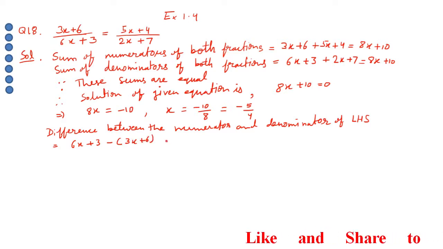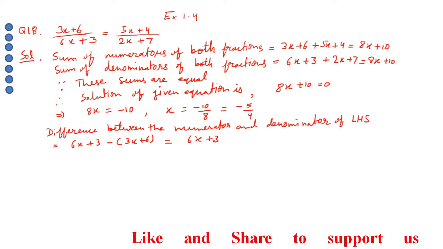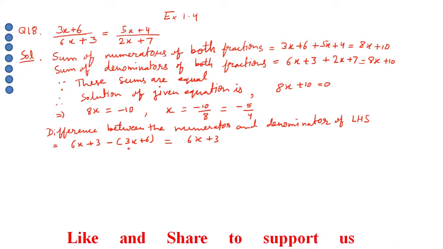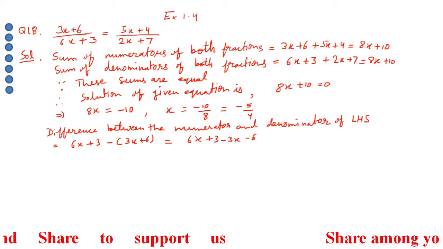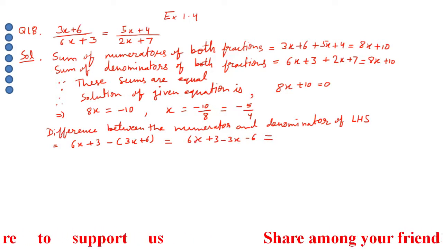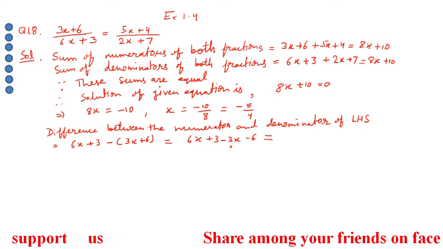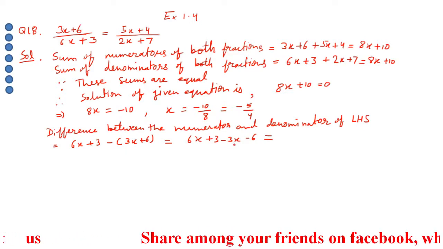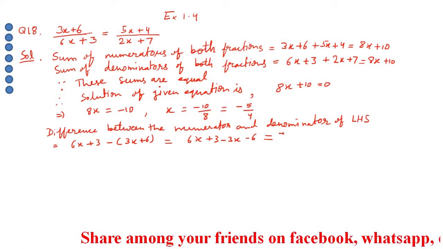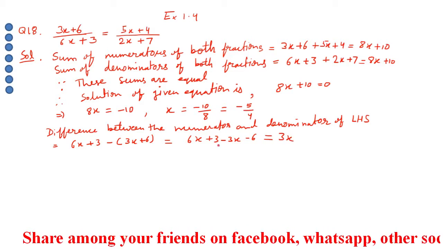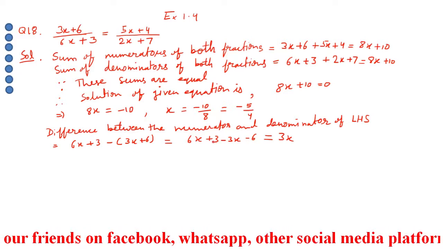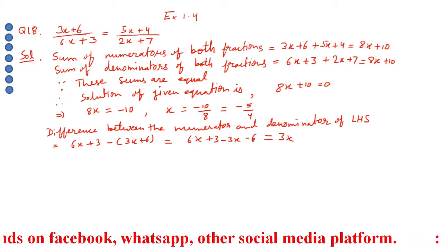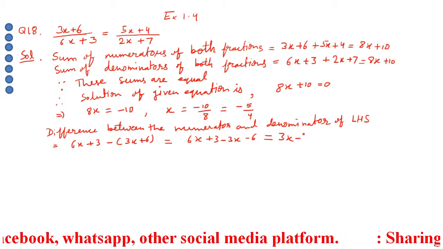Now we'll open the bracket in the next step. When we open the bracket here, the sign will change. So it's going to be minus 3x and minus 6. Students, this 6x and this 3x have opposite signs, so they will get subtracted. 6x minus 3x is positive 3x because 6 is greater. Now 3 and minus 6 is minus 3, because plus and minus, take the sign of the bigger number. So we will obtain here 3x minus 3.